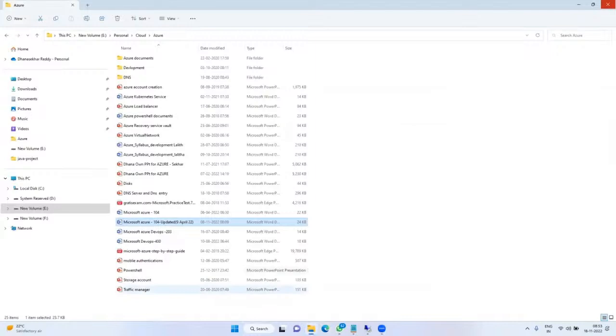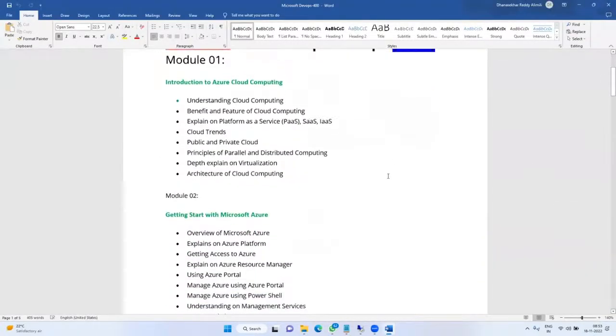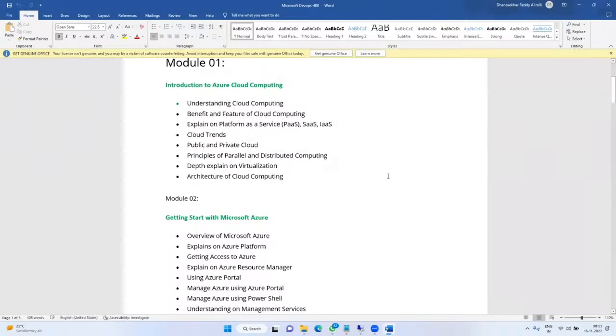Next, the other thing is AZ-400. This is Azure DevOps 400. Azure DevOps totally depends on Azure administration only, but the configurations are increasing. So the base for anything in cloud is administration. Whether you are a developer or admin or architect, whatever it is, first learn administrator, then move on to the one which you require.